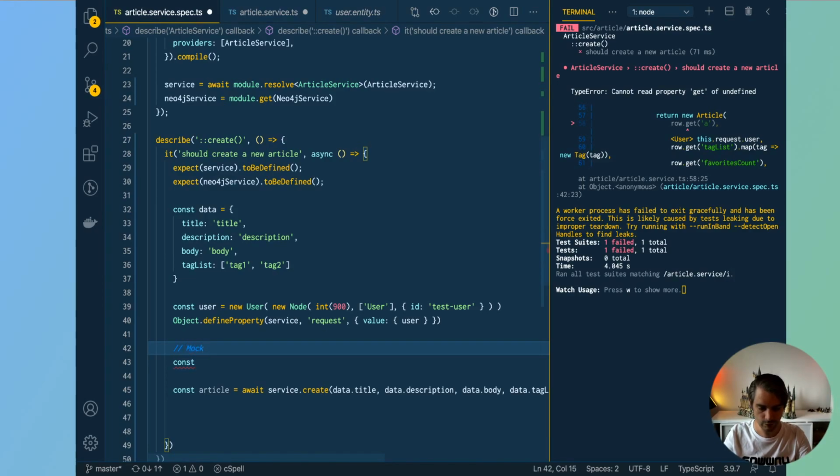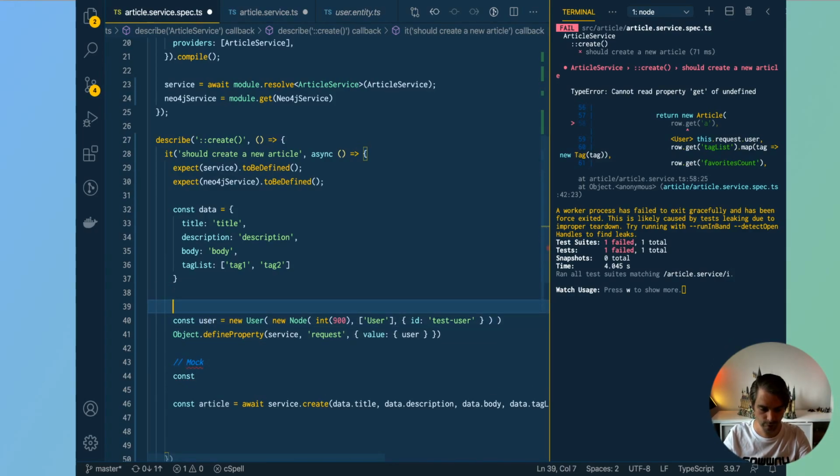So we want to assign user to the request, and then we want to mock the response from Neo4j service. Right. So we can say that the write function will be